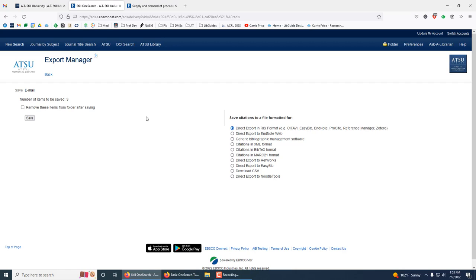So, this has been a quick overview of OneSearch and its features. The advanced search video will cover advanced search techniques in OneSearch and show you how to use it for comprehensive literature searching. If you have any questions about